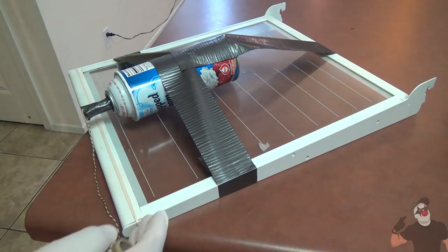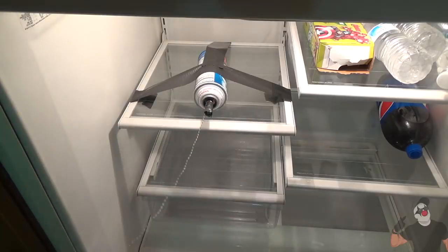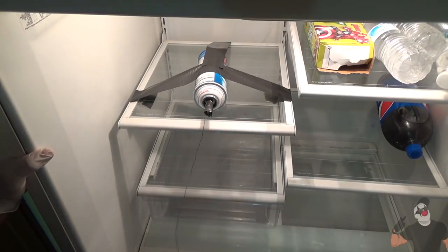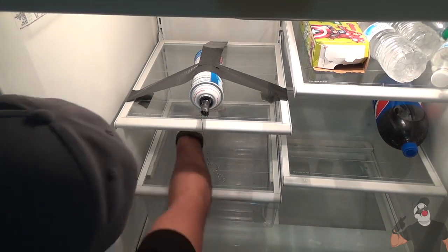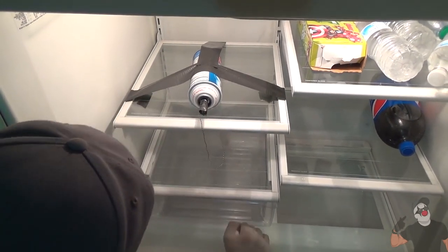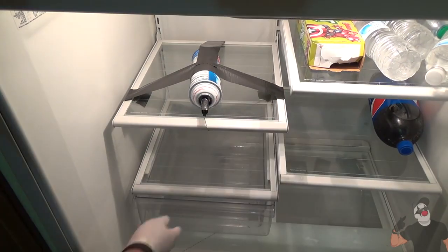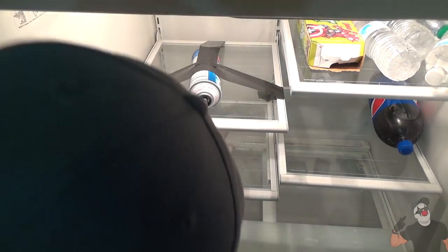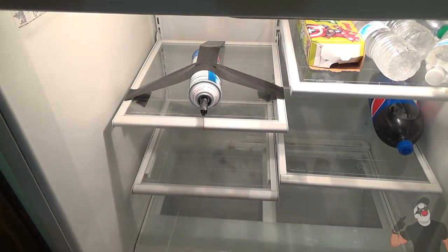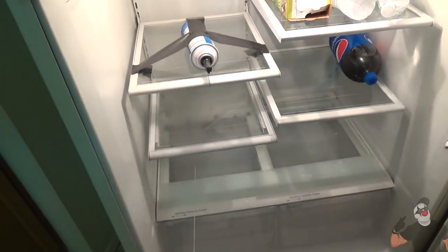Now it's time to put the shelf back in the fridge. Now the other end of the string, you're gonna do pretty much what we did with the bowl of cereal. Put it behind another shelf and under, and then run it through. Actually, I'm gonna get rid of this right here. It's in the way. But you get the idea, right, pranksters? There's a shelf underneath. You're gonna tie this end to the fridge door, and of course, when it's open and it's pulled,